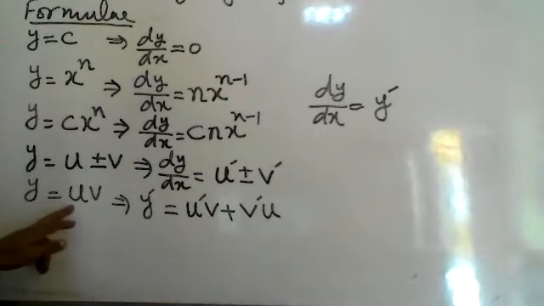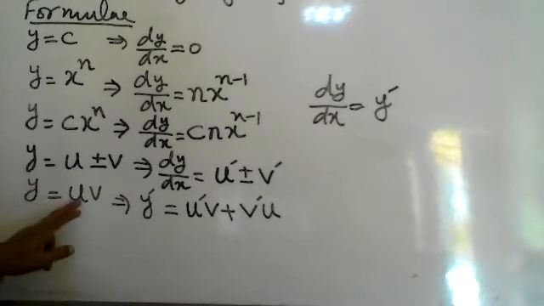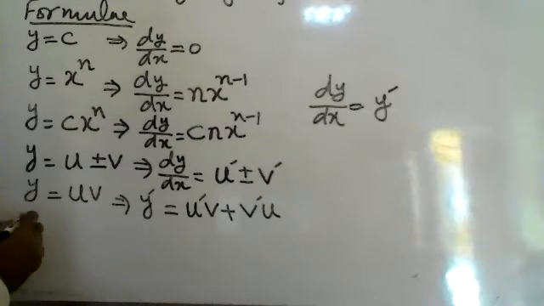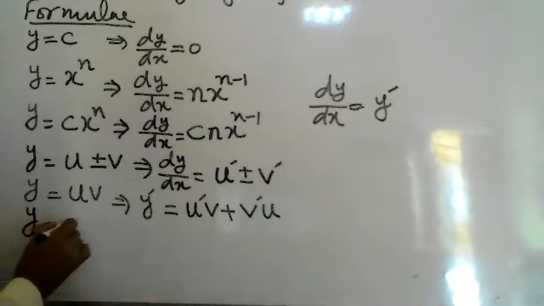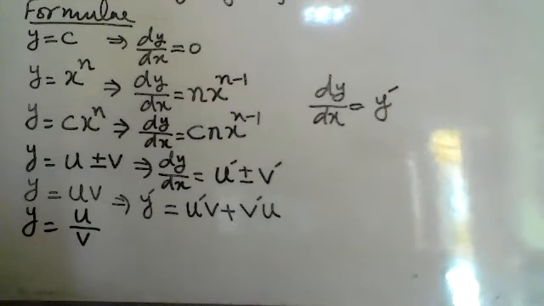And now this is called the product formula. This is called the sum and difference formula. This is called the product formula. And now the division, this is called the quotient formula. When the two functions are being divided, then